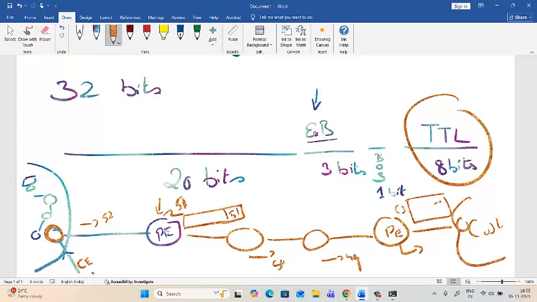In that layer 3 header, there is a TTL field, where it copies that 48 and sends. So what I'm trying to say here is, though we don't look into the layer 3 header inside the provider's network,